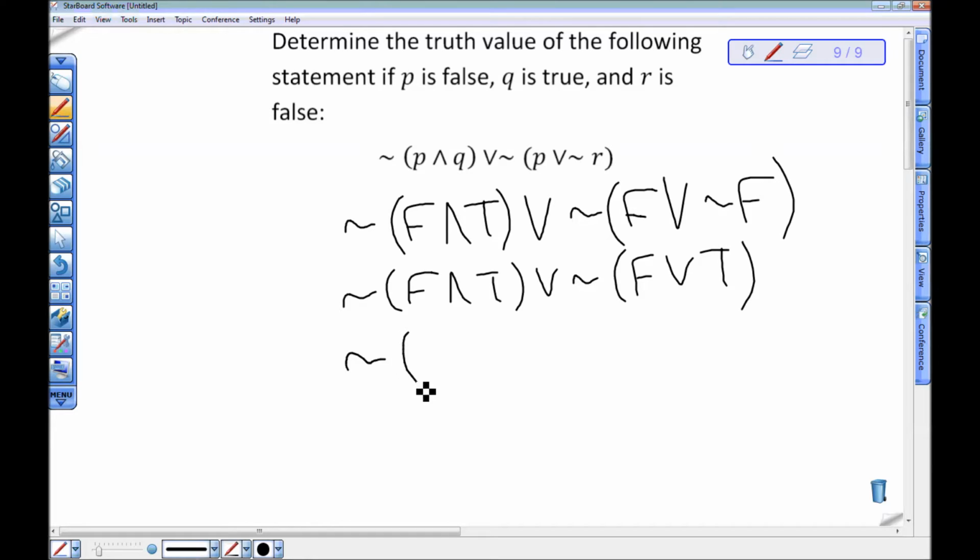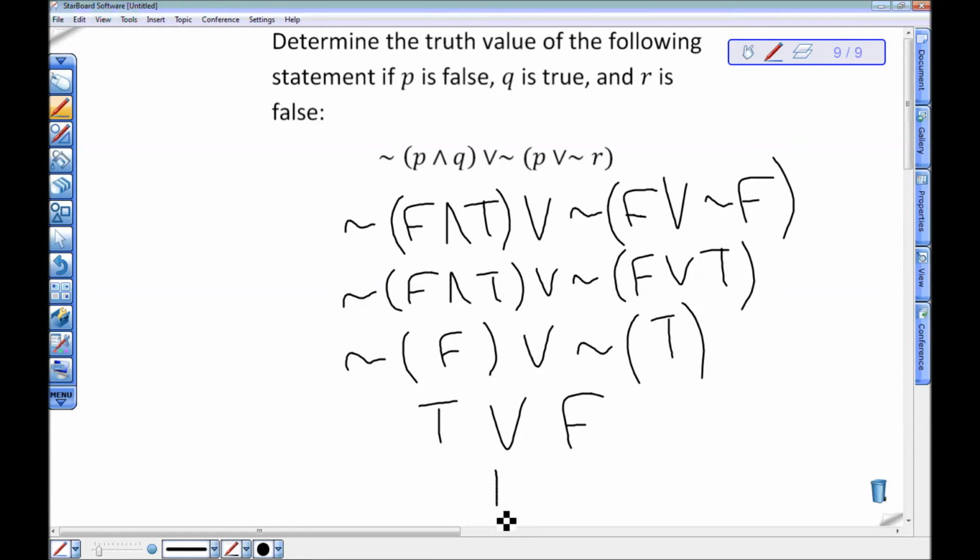False and true from the third row of my conjunction table is false, or not. False or true from the third row of my disjunction table is true. Not false is true. Not true is false. True or false is true from the second row of my disjunction table. So this statement is true, given those values.